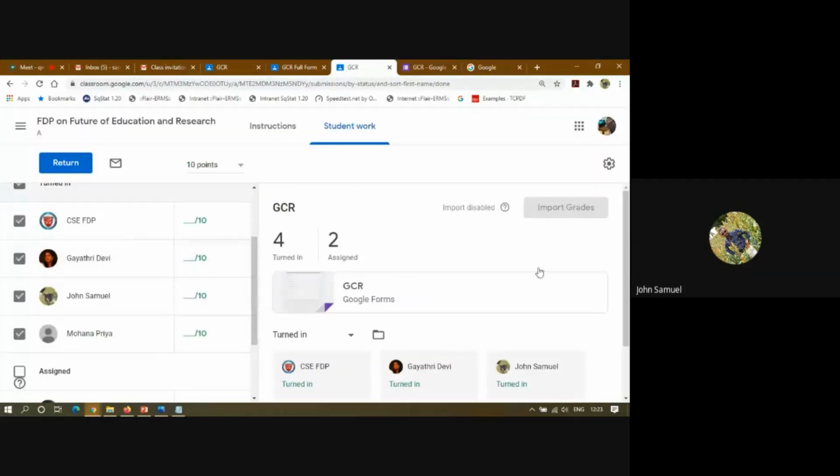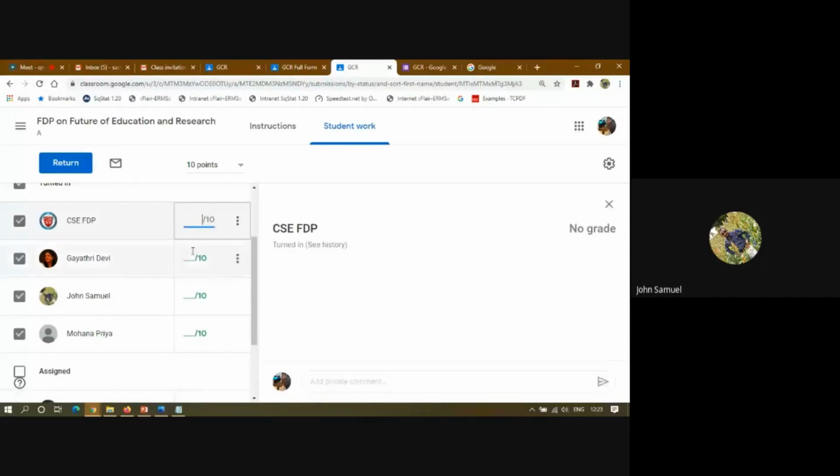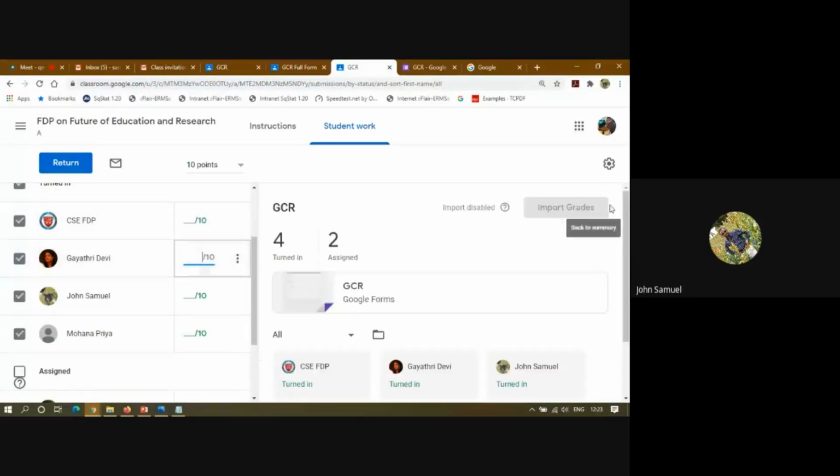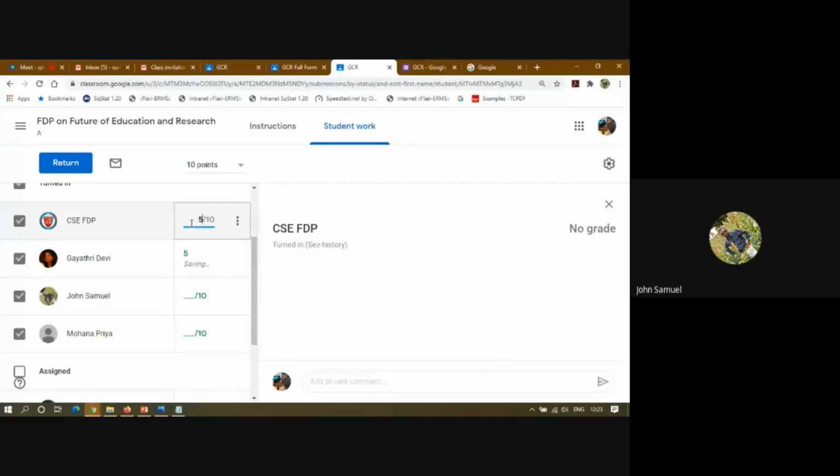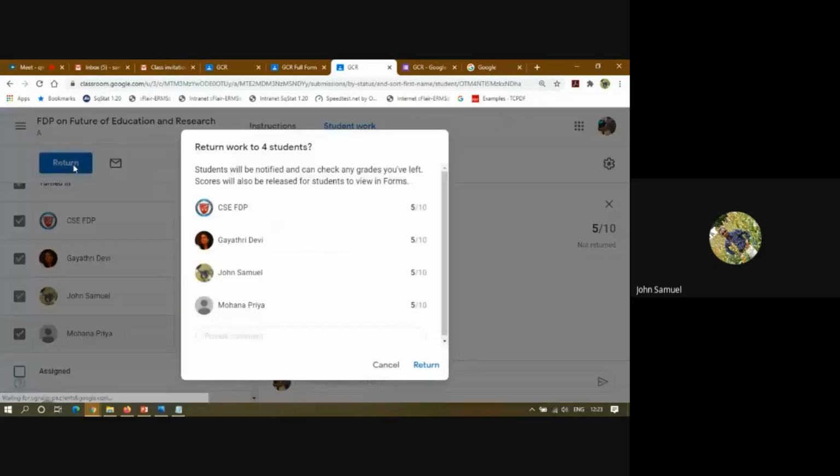Due to that issue, import grade is not working here. If all the persons are G Suite users, surely the grade will be updated using import grade. So now I am manually assigning. Just for time purposes, I am assigning and returning it.